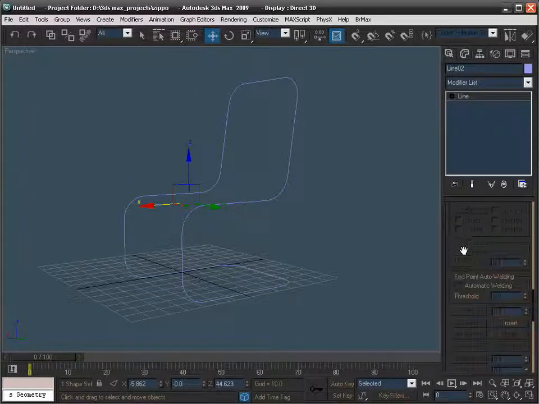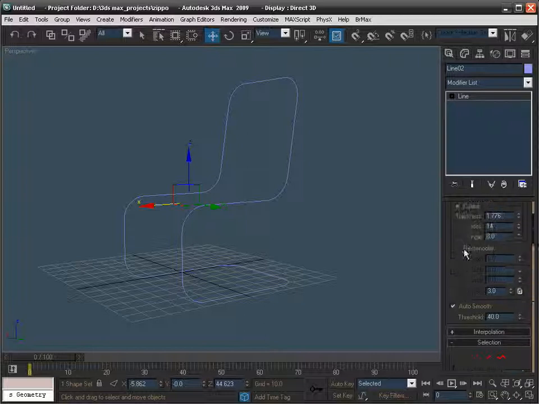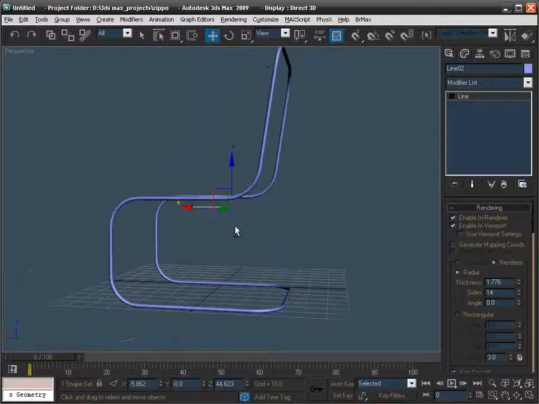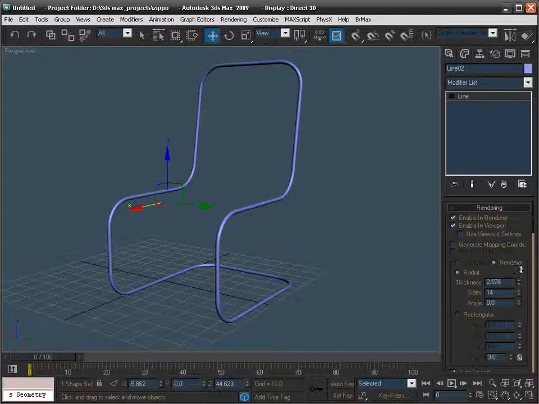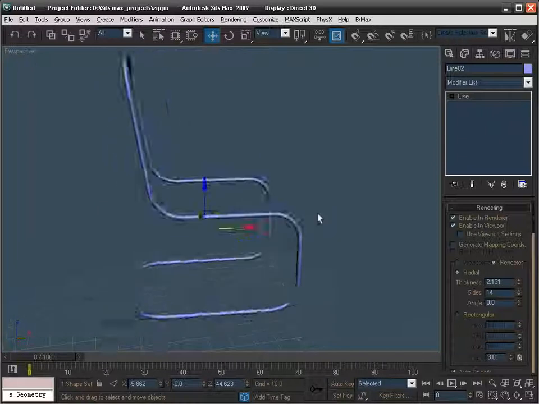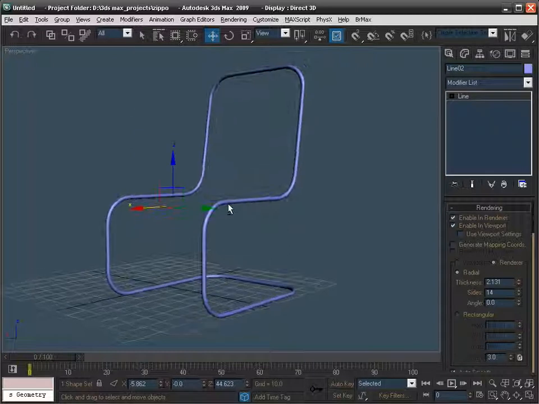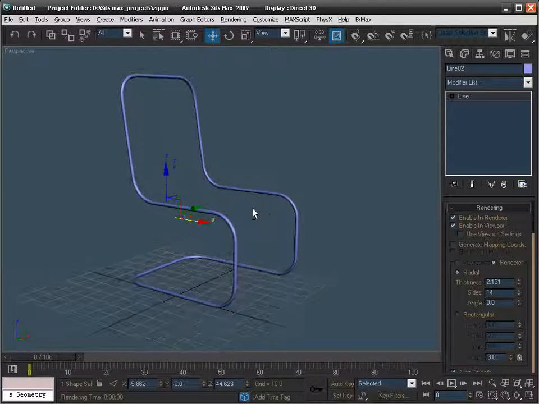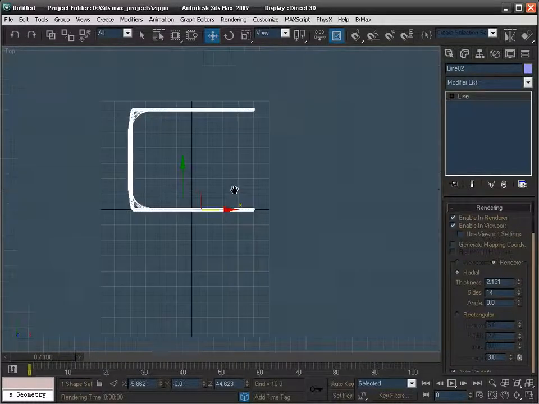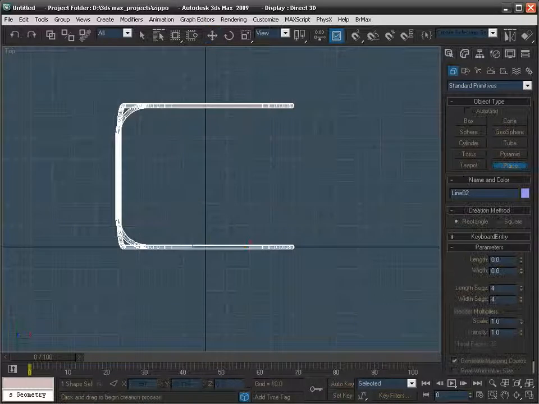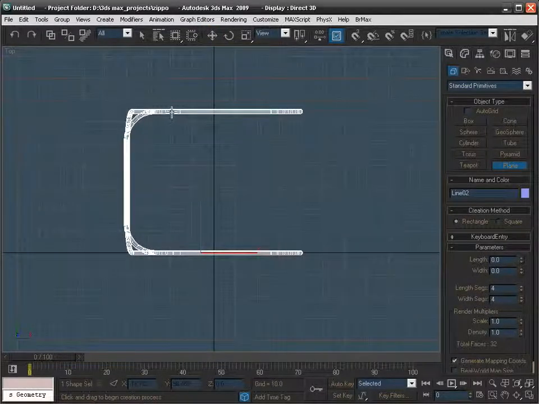And if I go back and turn on enable in renderer and in the viewport, you will notice I've got a nice looking frame going on here. So if I render, you can see my frame, and let's go and create the seat part. Now this is easy. I'll just create a simple plane here. So let's grab a plane and draw this out,